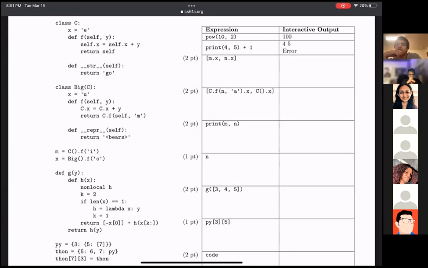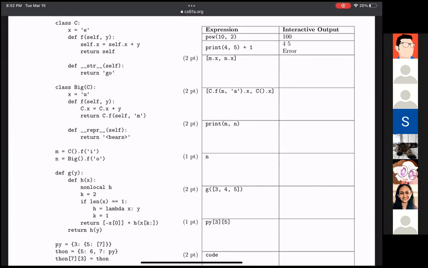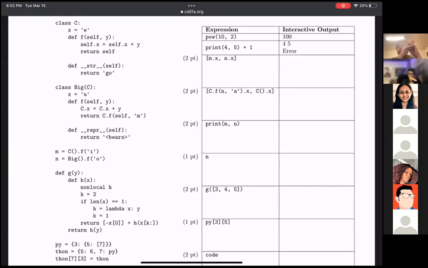Why does pi 3.5? I'm pretty sure, unless I'm mistaken, is it asking for the length? So I think what's happening here is that you have pi 3, right? That's saying the value of that dictionary with key 3. So that's our next dictionary, the dictionary of 5, and then the list with the value 7 in it. And then what it's then saying, so